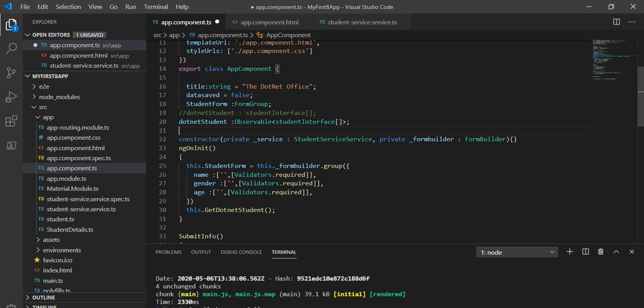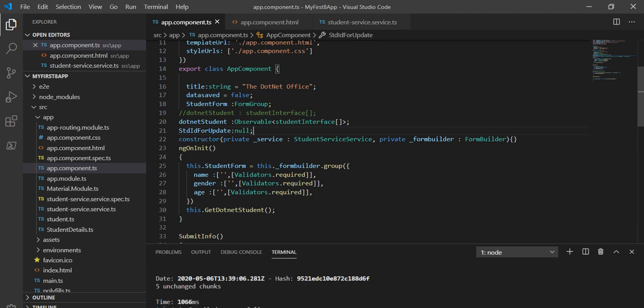So I will take one variable called studentIDForUpdate, and at first I will make it null.